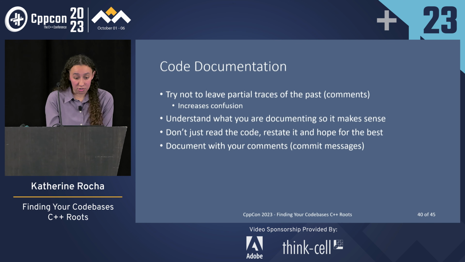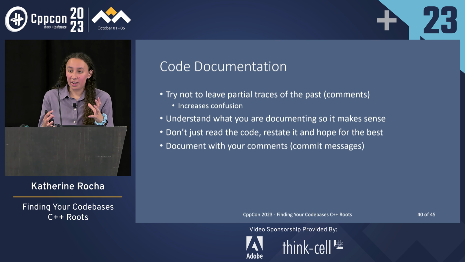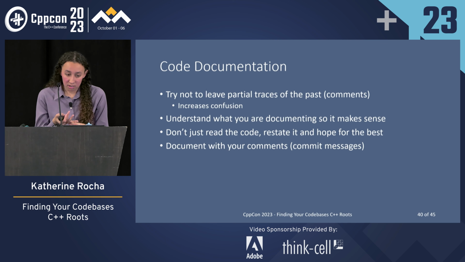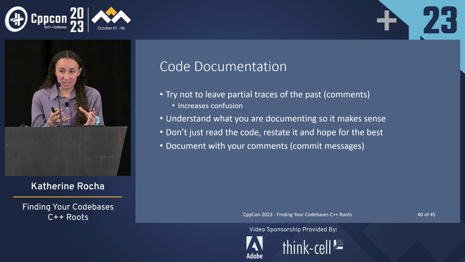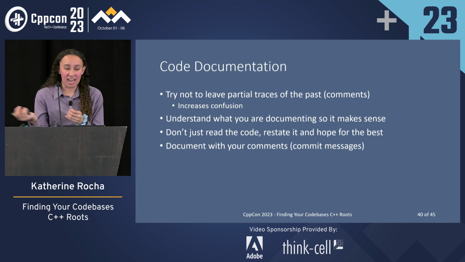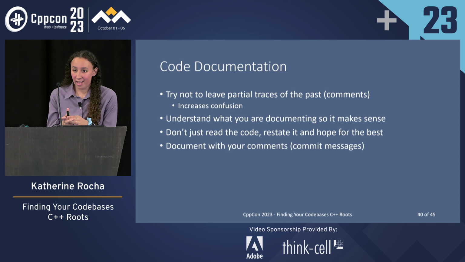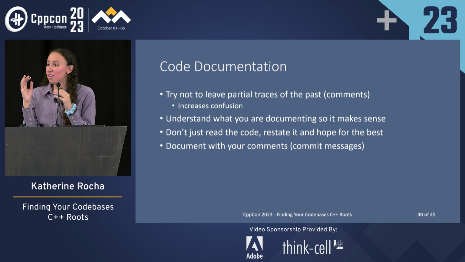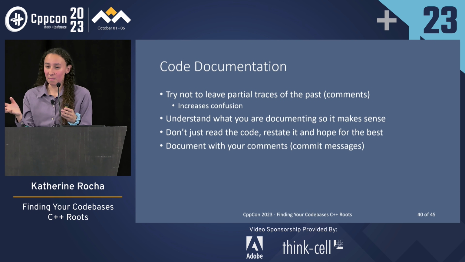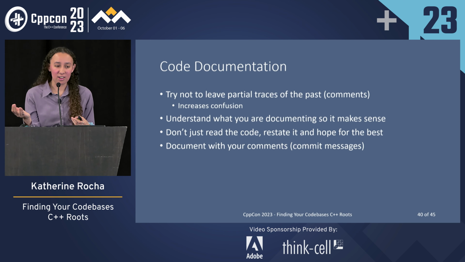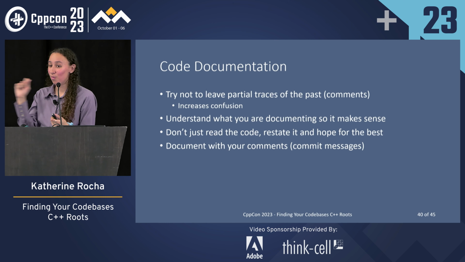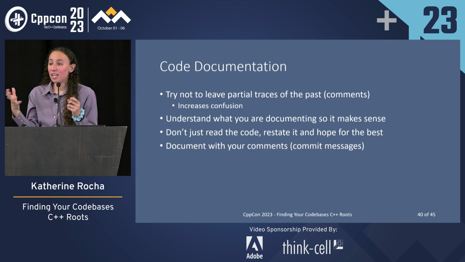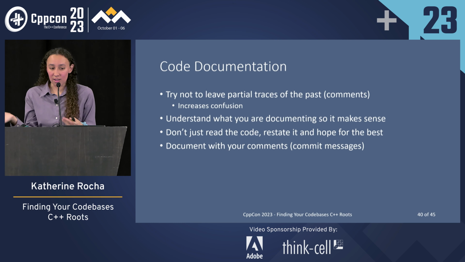And then with documentation, we need to figure out how to write good documentation and deal with old documentation. So we really don't want to leave partial traces of the past. And this is something that we're all known to do. You're looking at an old piece of code, you're editing it, we have to make a one-line change. And it's in the middle of, let's say, a for loop. And you look at it and the comment is completely wrong at the moment. But you don't quite know what it's doing. And you're like, I just need to change this one line to have this one number be a little bit different. We usually end up leaving the comment and being like, it's somebody else's problem.